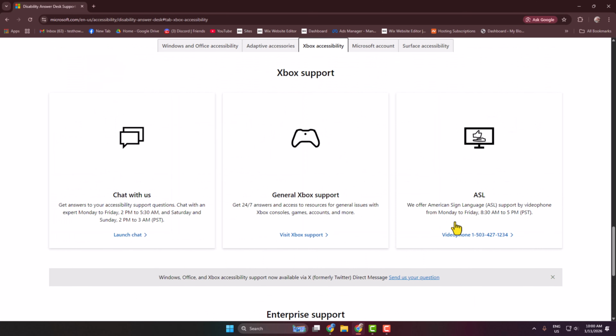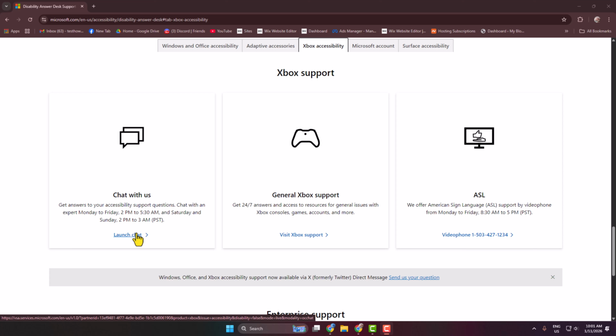Under this support, you get here total 3 options to get support from Xbox. You can select this directly chat with us option. We can see get answers to your accessibility support questions, chat with an expert Monday to Friday 2 p.m. to 5:30 a.m. and Saturday and Sunday 2 p.m. to 3 a.m. Just click on launch chat and you will be able to easily get any help from Xbox